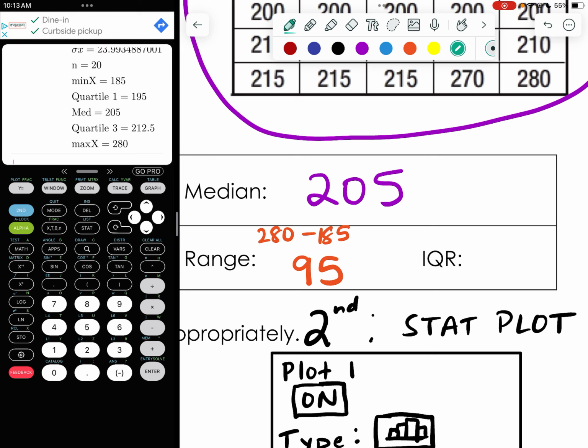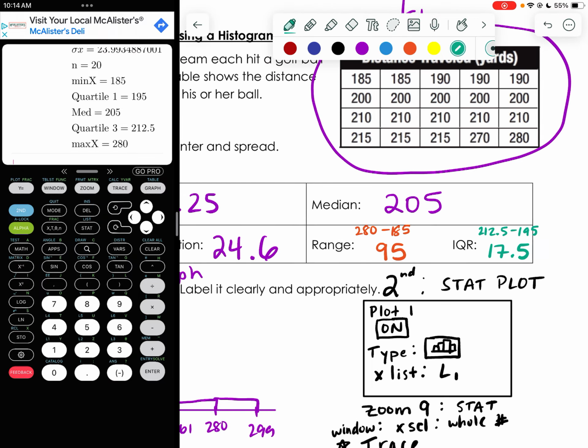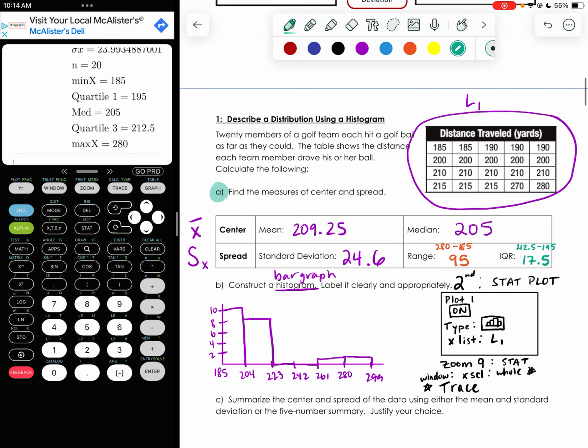So your calculator, mine says quartile 1, quartile 3. Yours might say Q1, Q3. That's the same thing. So that's 212.5 minus 195, and that should be about 17.5. Okay. So that stat calc, one variable stats, gives you all of the information that you need about that set